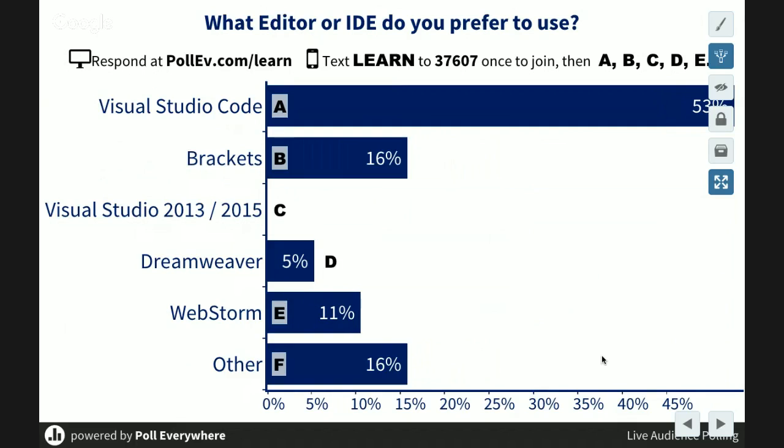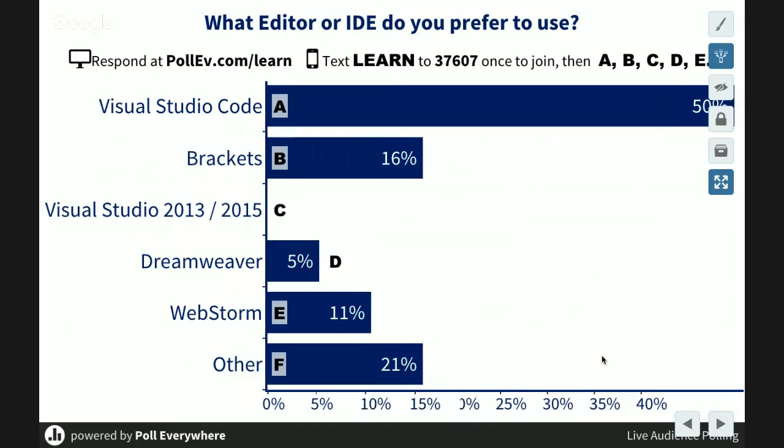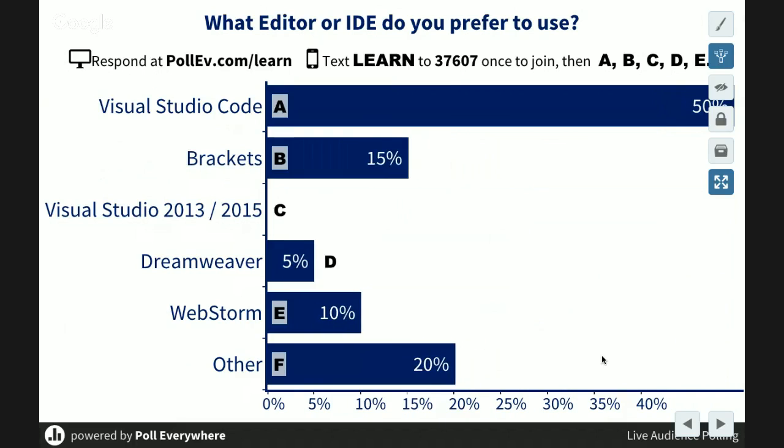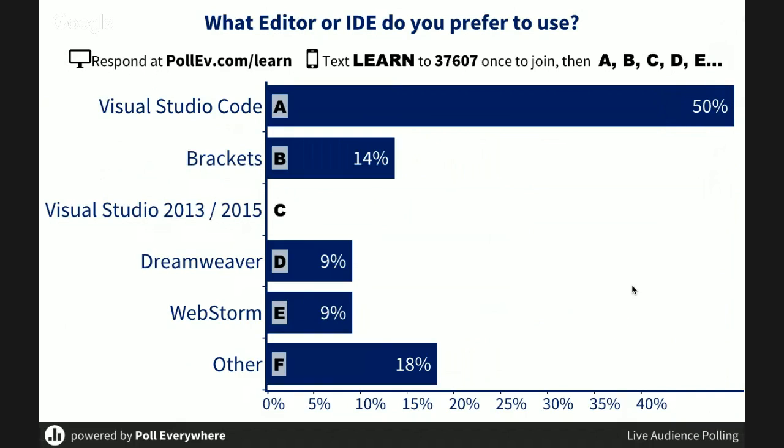Did you get on yet? I'll give you a few more minutes. Again, this is just a poll about what you prefer to use. I see that nobody's using Visual Studio 2013, 2015. It's actually a really cool tool. It's like 70 million lines of code, the big brother of Visual Studio Code, and it can do a lot of stuff. It's crazy powerful, and you can do many things with it that you can't do with the other tools,